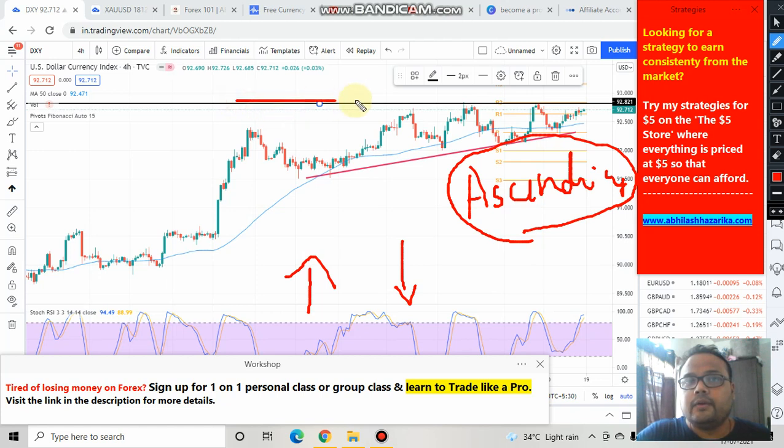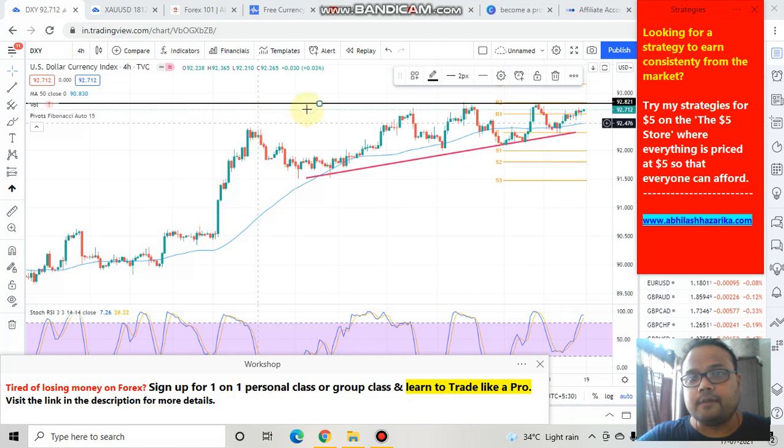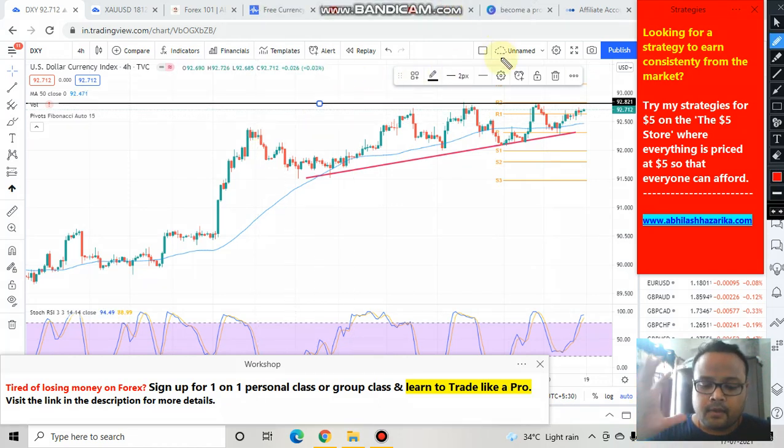When we get a resistance on the upside, but we get lower highs on the downside, you can see that whenever price is coming down, they are forming higher lows here, which means that buyers are there in the market and they are very much serious in taking the price upward. As a result, they are not breaching the previous lows, and we can see that the market is forming an ascending triangle pattern here. And whenever we get an ascending triangle pattern, there is a good possibility that the market will cross